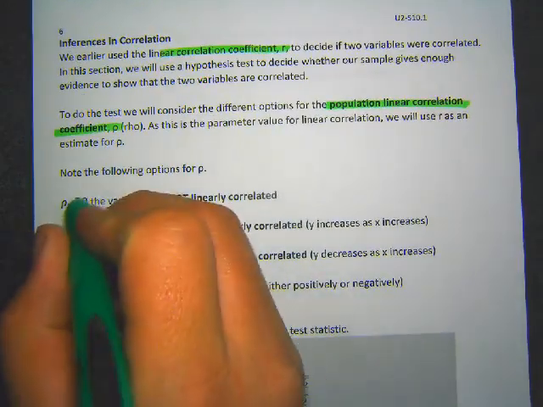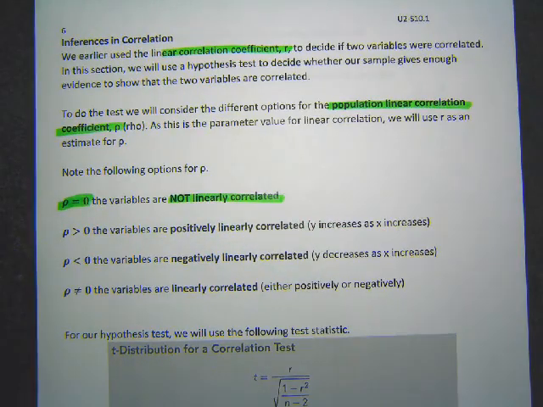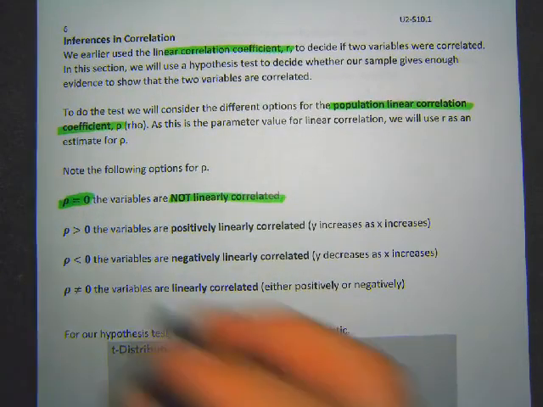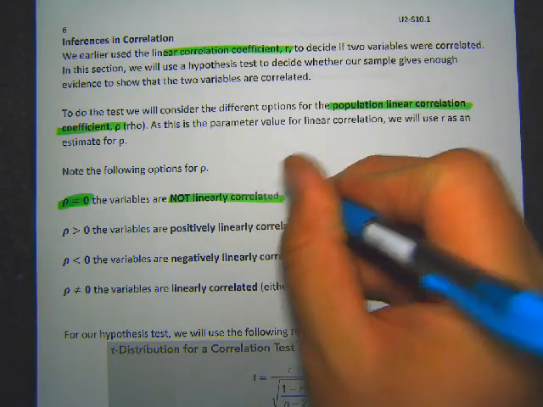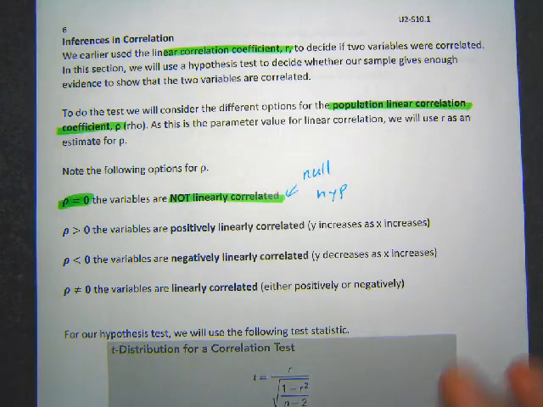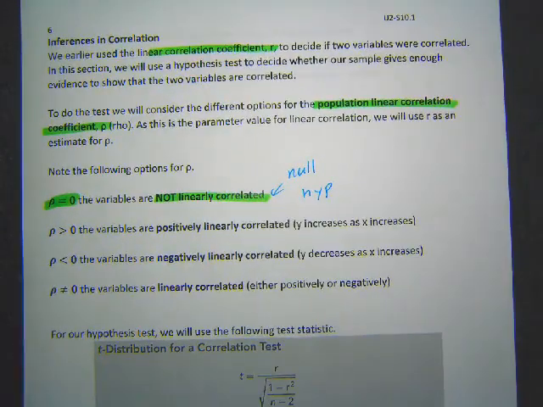First off, rho equals 0 shows that there is no correlation. Remember that 0 means there's no association between the variables. This will be our null hypothesis. So our null hypothesis is that there is no correlation. Remember, you can never prove the null, so we can never actually prove there's no correlation. What we can sometimes prove, though, is that there is correlation, because we'll have strong enough evidence to do that,